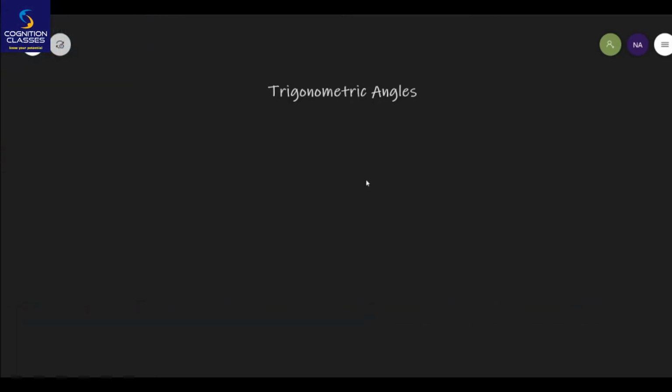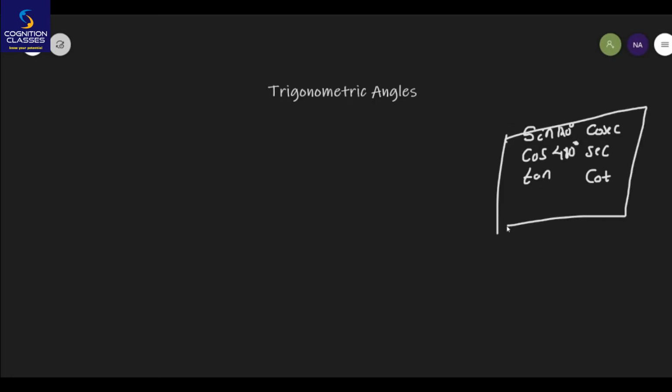In today's lecture, we will learn how to find the trigonometric ratio of any given angle. We all know the six trigonometric ratios: sine, cos, tan, and their reciprocals cosec, sec, and cot. Now suppose someone asks you the value of sine 120 degree, how can we find it? Or the value of cos 480 degree? No matter which of sine, cos, cosec, cot, tan, sec is given, how can you find the trigonometric ratios of any possible given angle?